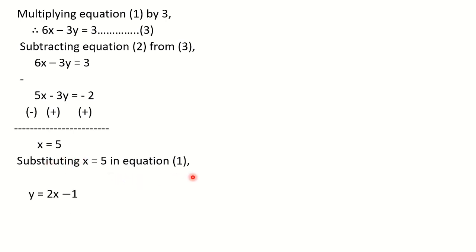Okay. So see, this is our equation 1. I have taken the original one, so that directly I will get the value of y. Okay. y is equal to 2x minus 1. So in place of x, I am writing 5. So y is equal to 2 inside the bracket 5. Always make use of brackets. I told you why, because it stands for multiplication here. So y is equal to 10 minus 1, that is 9. So this is the value of x and this is the value of y.